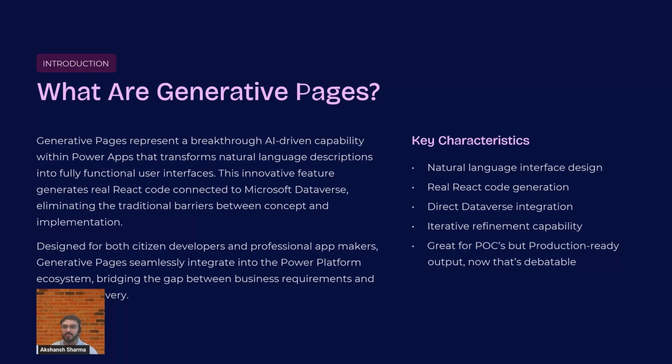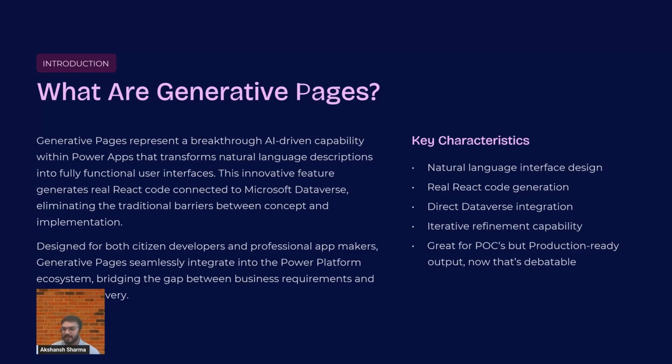I think a year ago, we could have said that the Power Platform space was lacking an AI-driven development approach, right? So that's why Microsoft is trying really hard, and trying to keep up with all its other initiatives, i.e., GitHub Copilot, GitHub Spark, your Claude models, and everything, right? So generative pages are a way of Microsoft saying that, okay, AI-driven development is the new way of doing Power Platform development.